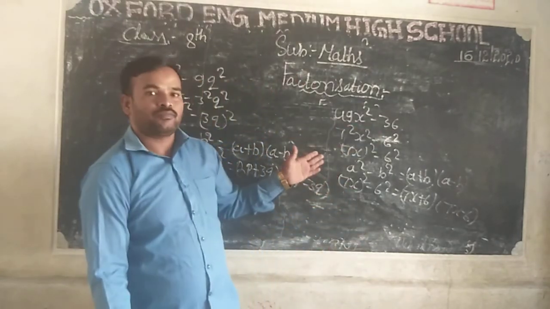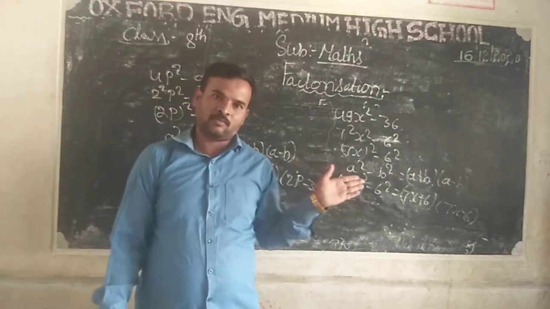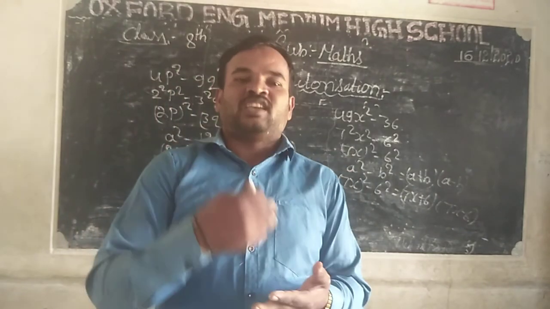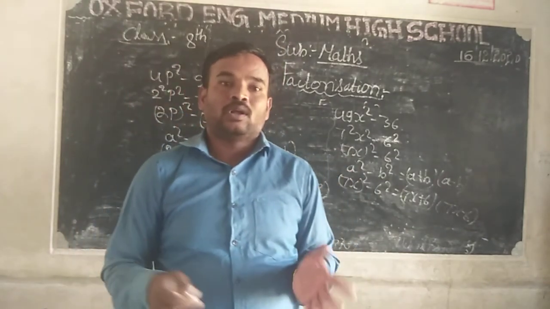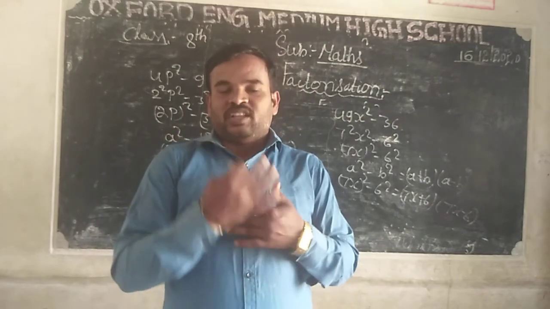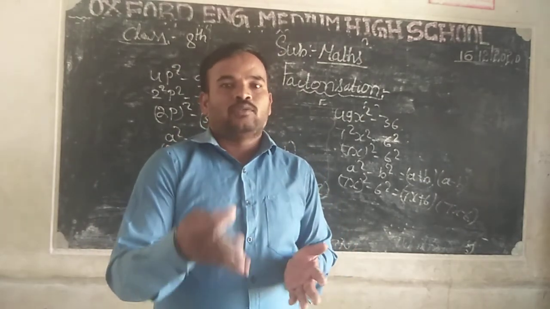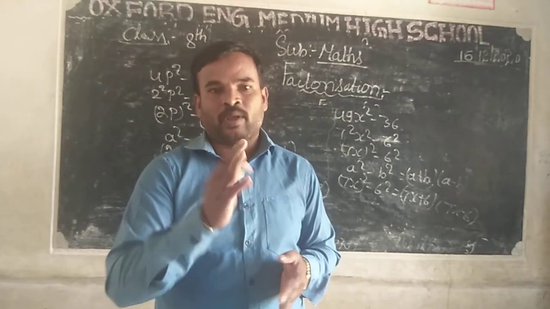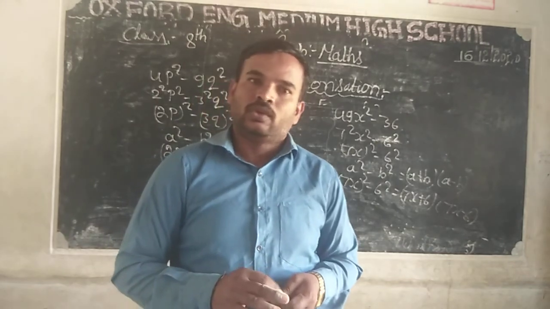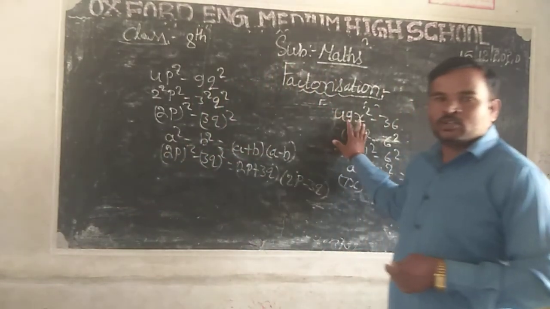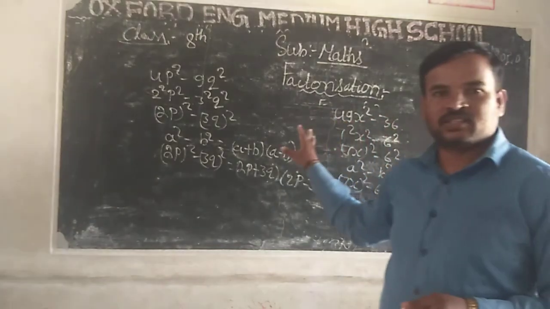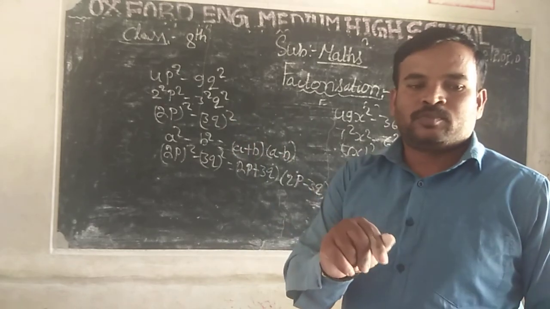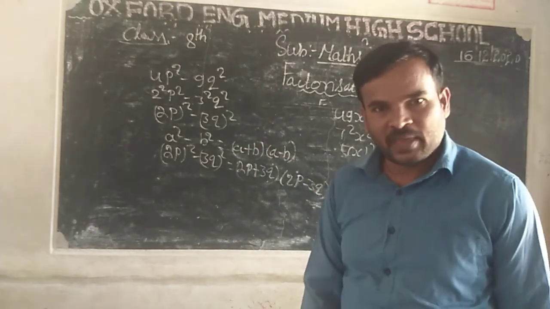So dear students, I have solved some problems in the second main of exercise 6.2. In the first main and second main, take the remaining sums as homework and do them yourself. Whichever problems are complicated, please send them through your Einstein WhatsApp group. I will solve one and send it back in the WhatsApp group. Okay. I hope you understand all those problems in exercise 6.2, first and second main. So take the remaining sums as homework. Okay. Thank you, dear students.